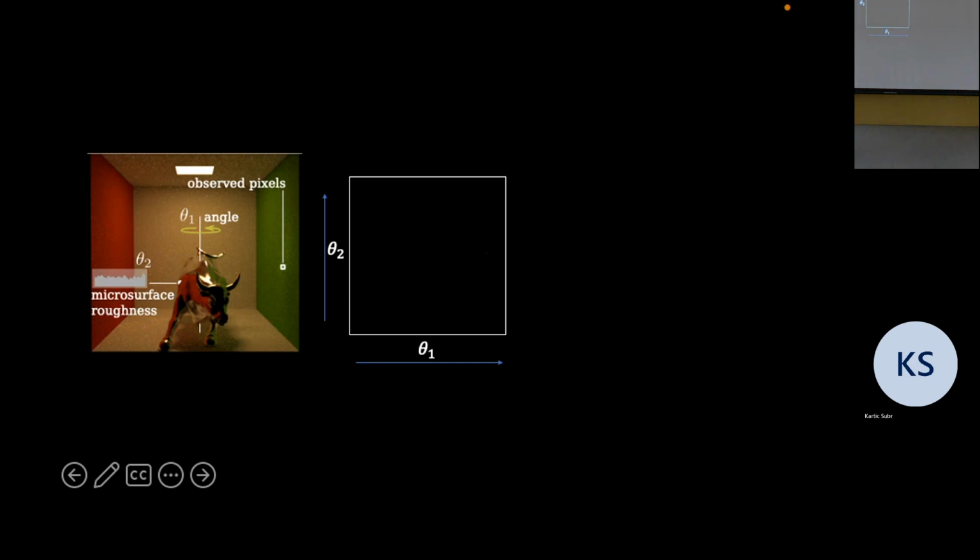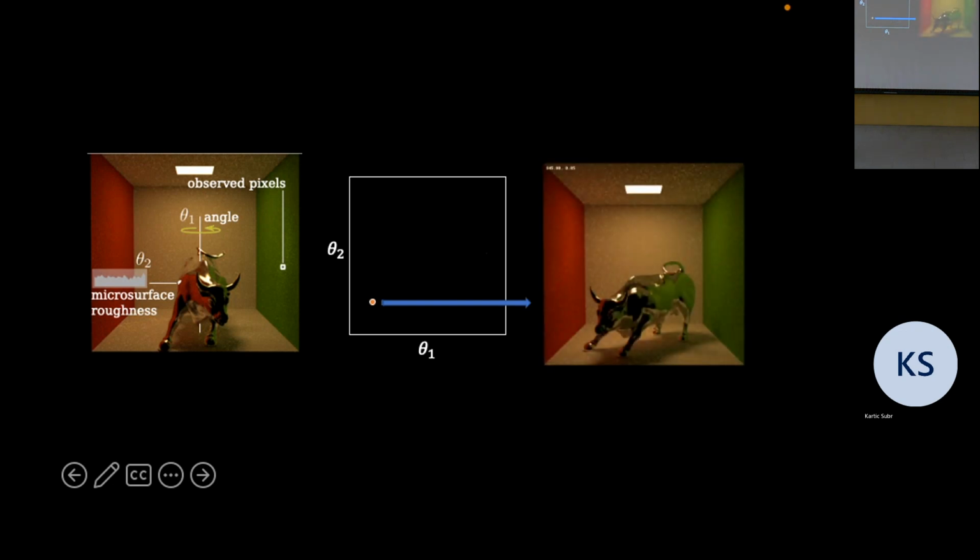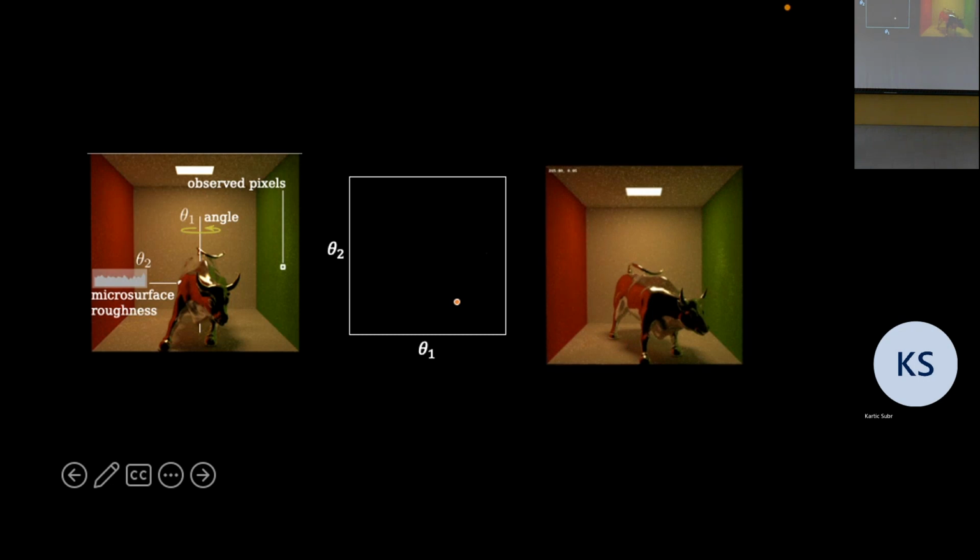There's light bouncing around, and you're interested in what is the amount of light that comes to this part of the scene. Now there are two parameters here. One is what is the material of the bull, and the other is what is the angle at which the bull is. So if I turn the bull, given one θ1 and θ2, I will get this image, right, of the turned one. And if I move in that, then the bull is turned. If I move back, the bull is here. If I move up, the bull's material has become a bit rougher, and so on. So those are the two parameters in play here.